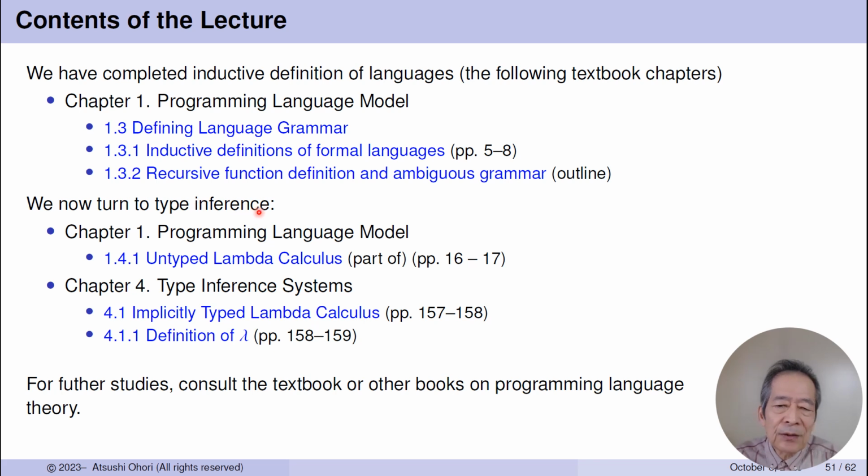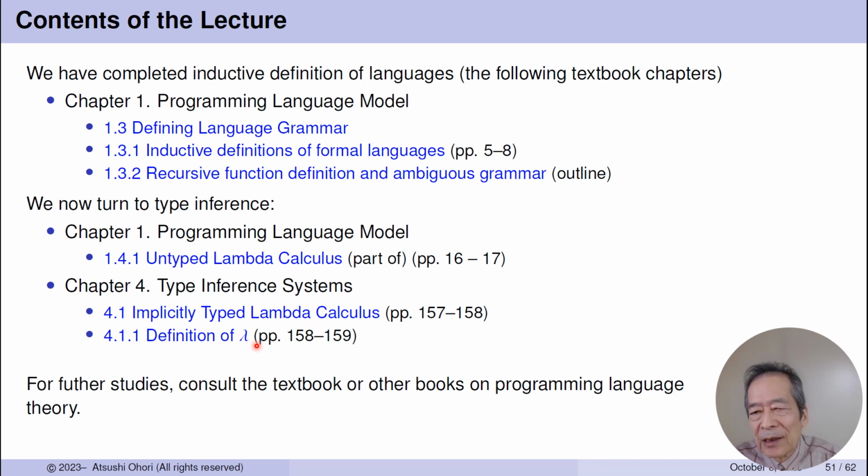In this video, I start with untyped lambda calculus and then go into implicitly typed lambda calculus and then define a formal system called small lambda. For further details, consult these chapters of my